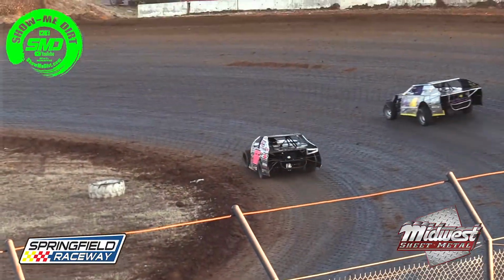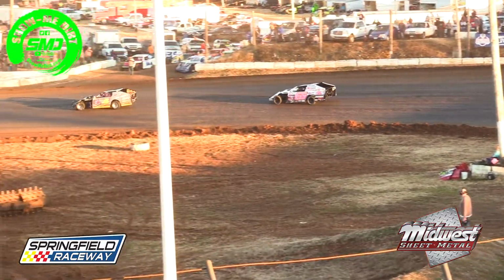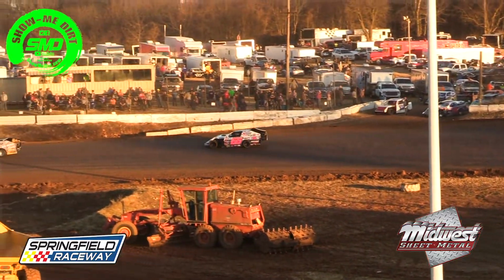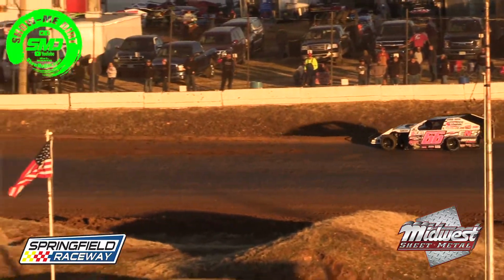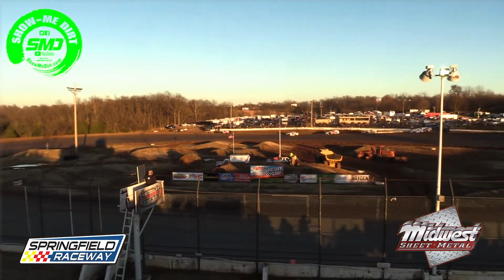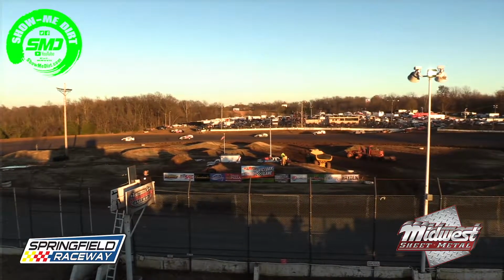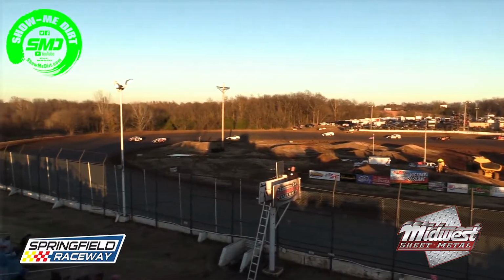Bryce, he goes from an A-Mod right into a B-Mod and does exactly the same thing he did in the A-Mod, and takes home the heat race win and doing double duty on the Turkey Bowl night. Hopefully he'll be taking home 2 turkeys. Yeah, Ryan Gilmore certainly, as we all know, knows how to get around the Springfield wins here this season in the B-Mod. As we roll out B-Mod heat race number 2, Bill Schuber will be on the pole this one